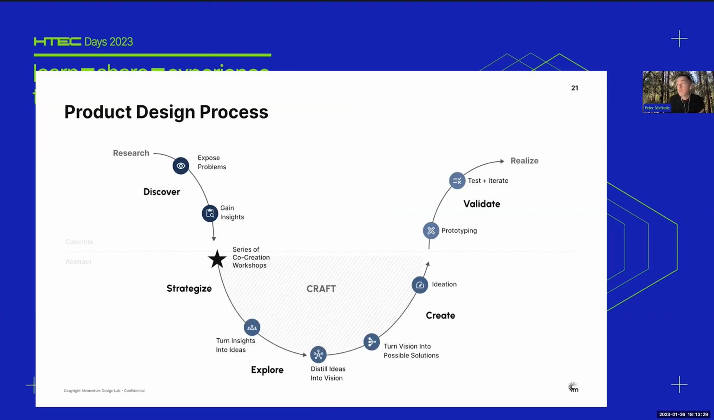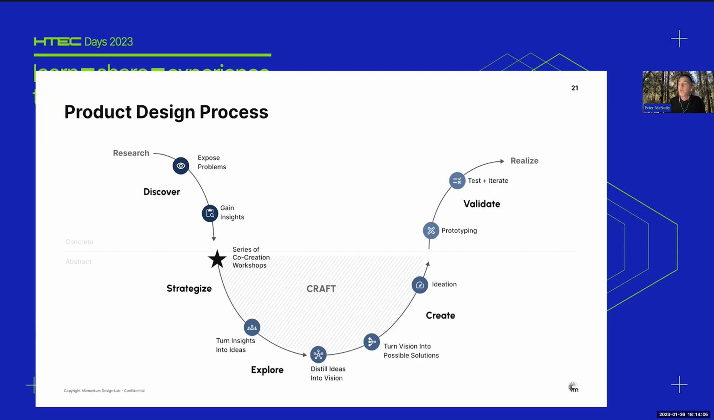Our design process. So I mentioned we start with research, predominantly across all the different engagement types we do in some level. We go through the discover, gaining the insights through the research activities, and then we bring all those key insights to a series of co-creation workshops. So this is a key element here at Momentum. We do very extensive workshopping with our clients to really set the stage and define the direction or strategy going